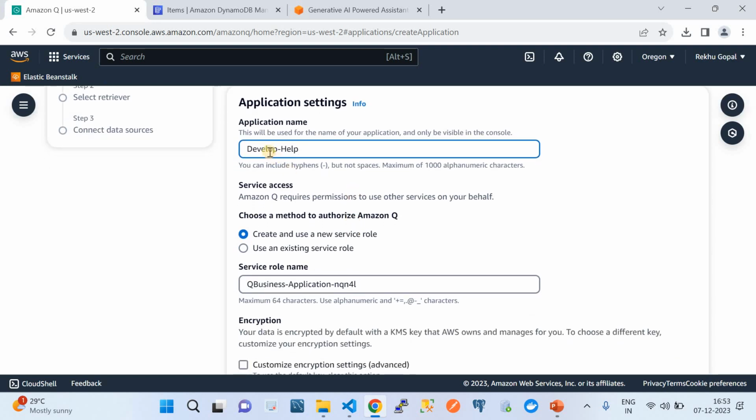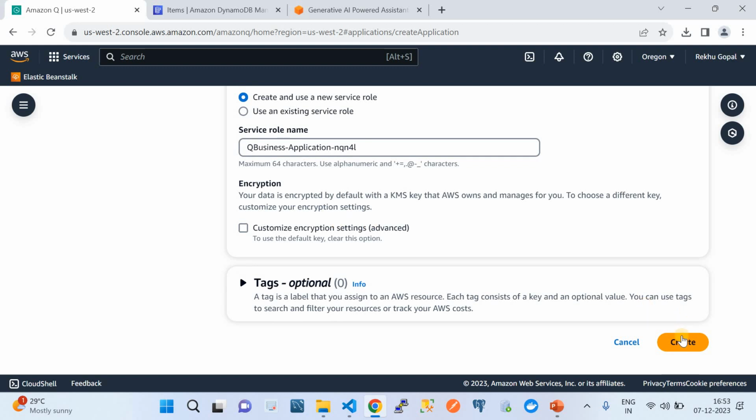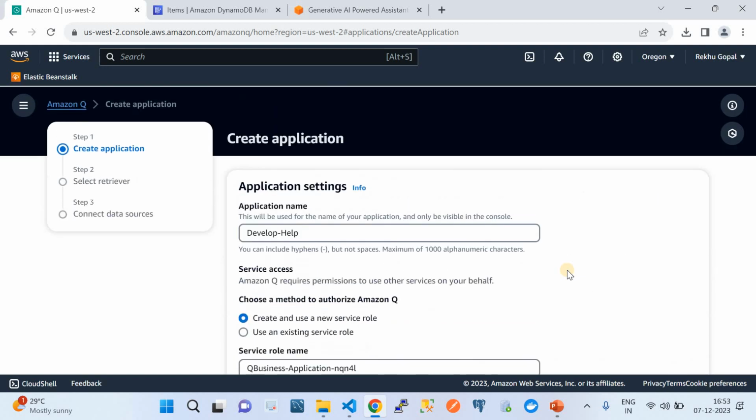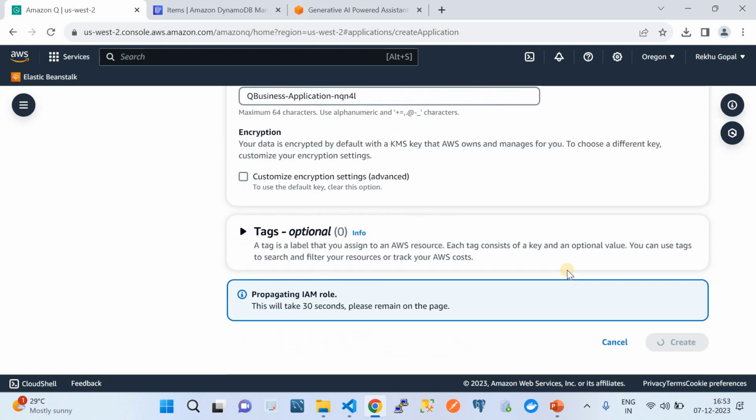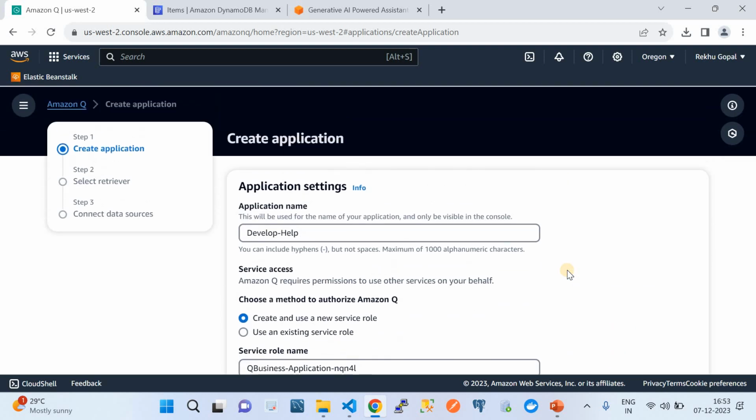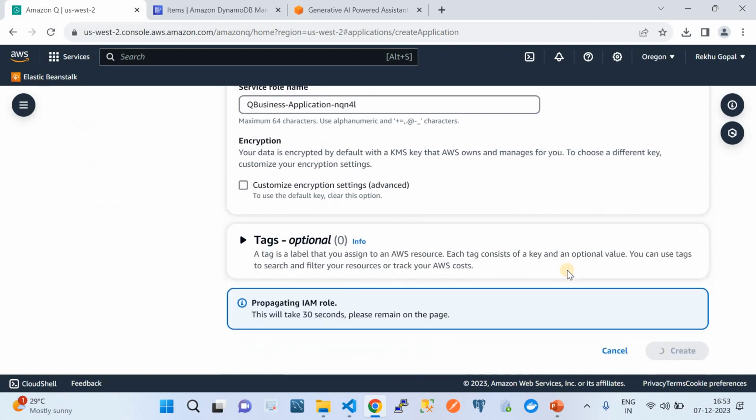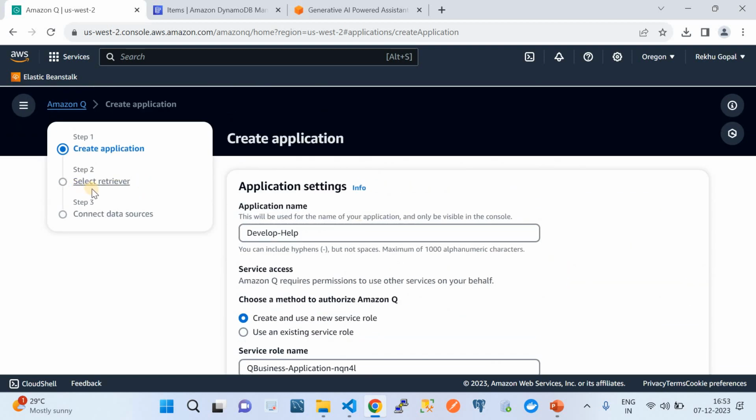So here let's give an application name something like this, and choose the method as it is, right? And for the rest of the options, I'm going to click on create. The rest I'm just going to keep as default, right? And one more thing, it will take a few seconds. Once it is created, it will take us to the next option, that is select retriever and connect a data